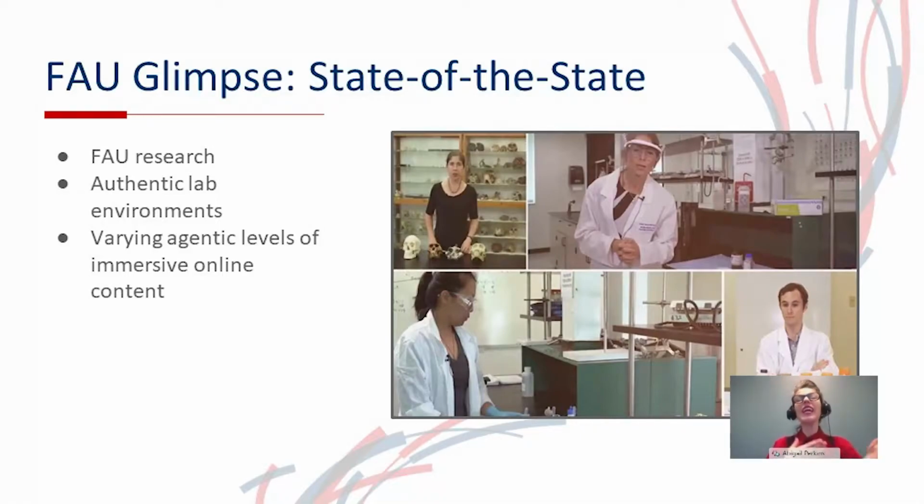So for example, engineering and computer science would have a different layering of the interactive components than say a traditional physics lab. And that is an example of what you just saw of FAU's state of the state, what we are